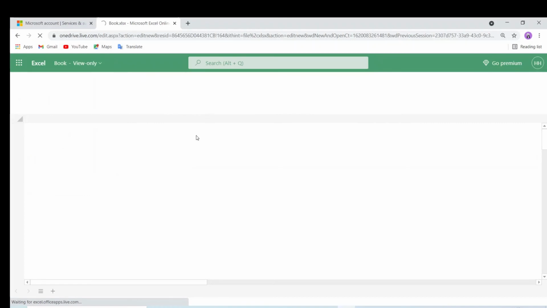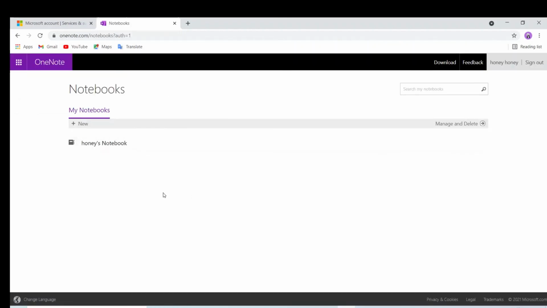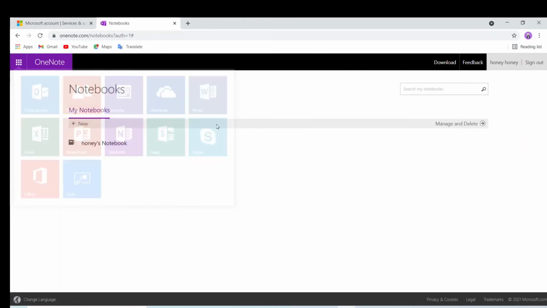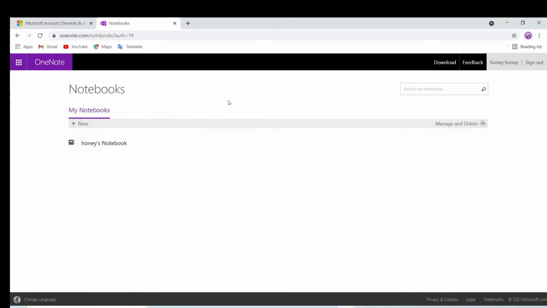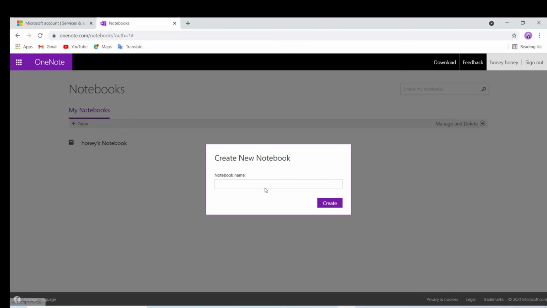I have not bought these products. These are automatically showing me for free. And as you can see, it has opened Microsoft OneNote. Click on new or any name like this, whichever name. You can create, it will show you, as you can see here. So like this you have to do, and you can easily get all these apps for free.